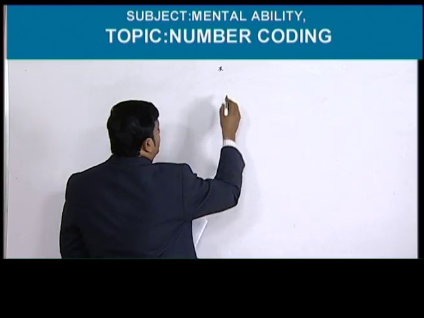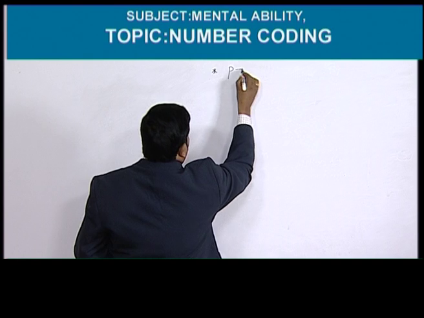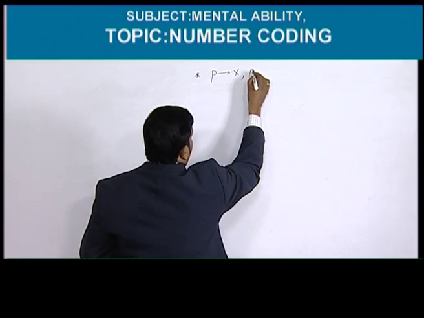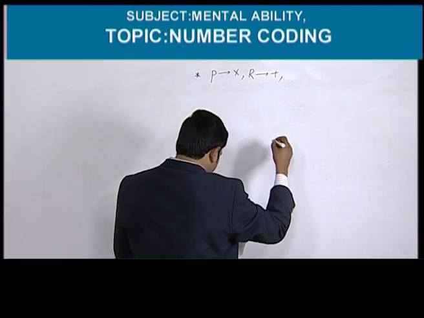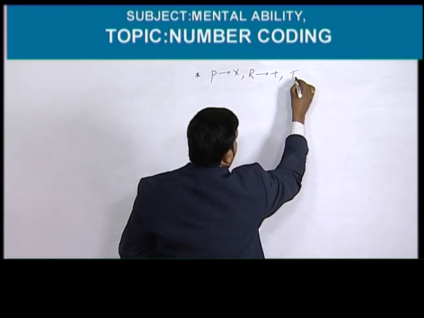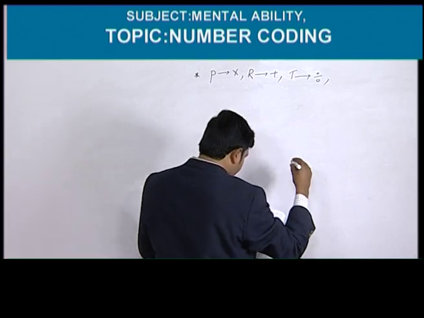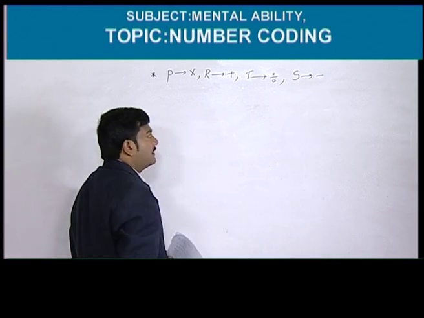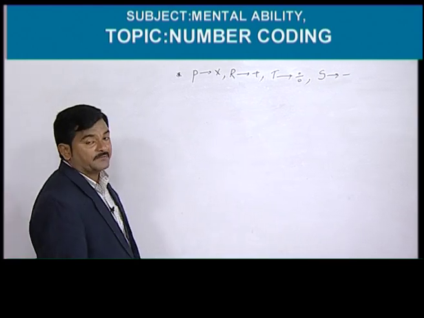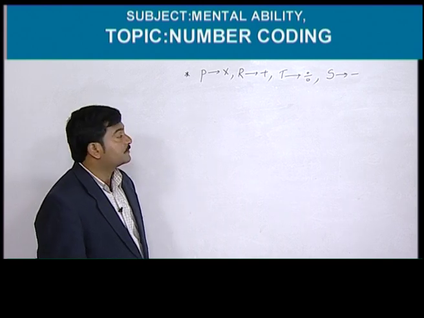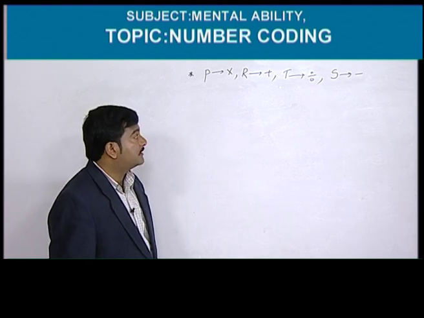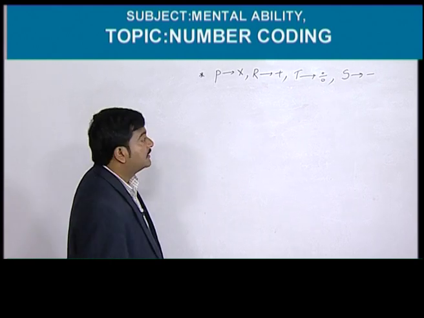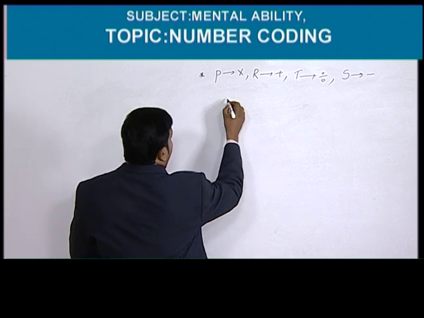In a certain code language, P means into, R means plus, T means divided by, and finally S means minus. Then he asked to find the value of